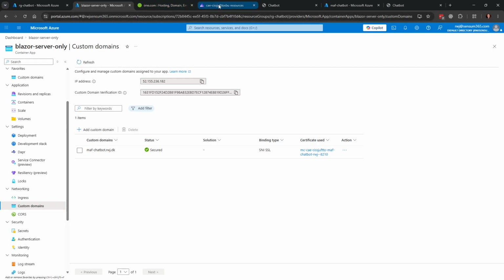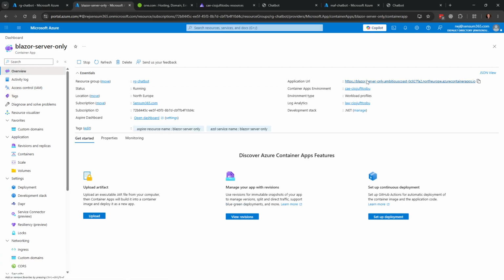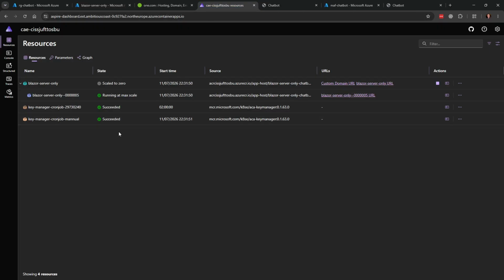So when we are on this, we can see this URL or use the now custom domain, but we can also go and see the dashboard. So the dashboard is here running up in the system with the custom domain URL and the Blazor server URL and so on. So we have options to that.